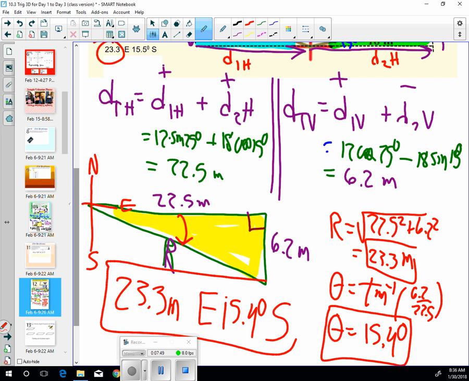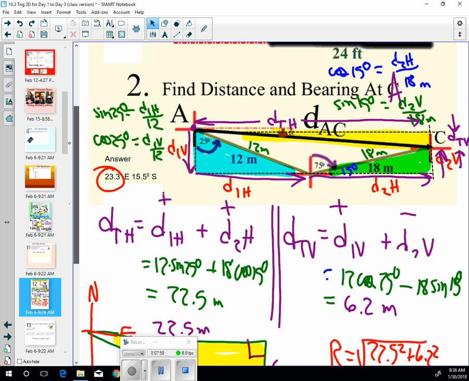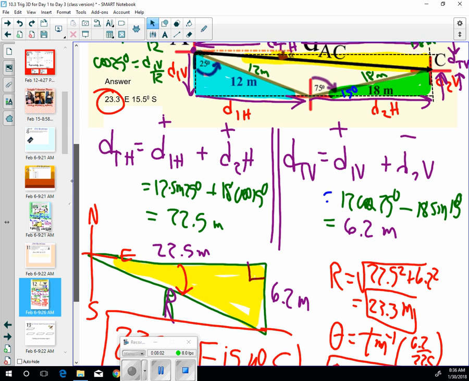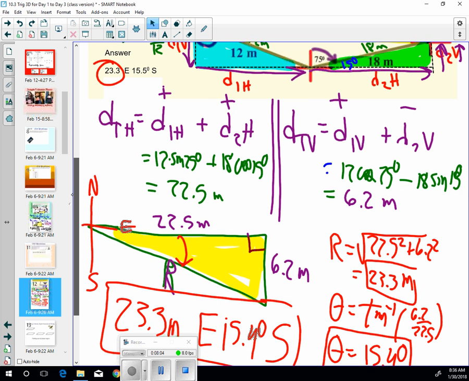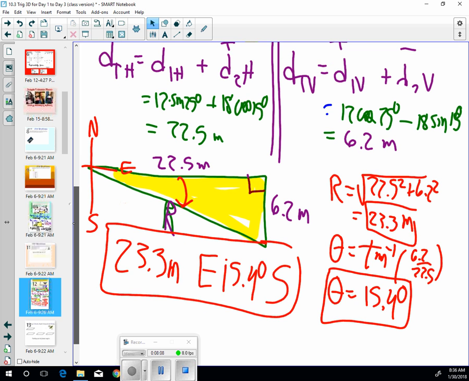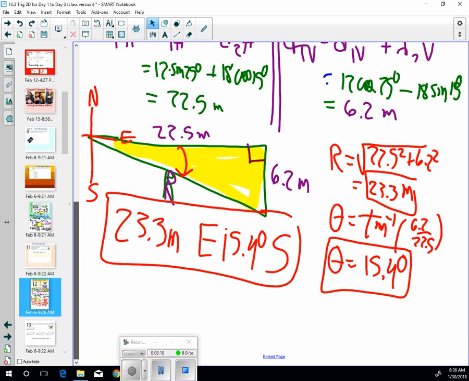And that'll give me my bearing to go to get where we're going. So there you have it. Break it up into 3 triangles, get the D total horizontal, D total vertical, break those up, find those, then make the 1 triangle, find the total distance and the angle, and write it